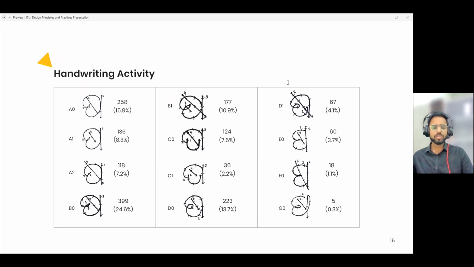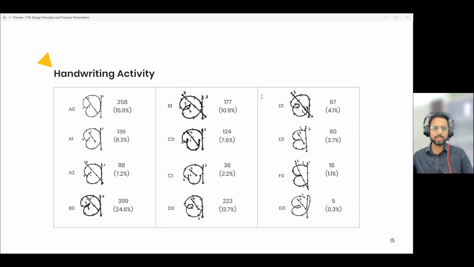It was also inconclusive to select a standard stroke making process on the basis of frequency alone because some smaller frequency variations were also adjudged recognizable by the teachers and some higher frequency variations were also adjudged non-recognizable by the teachers. So it was indecisive to prefer one over the other.